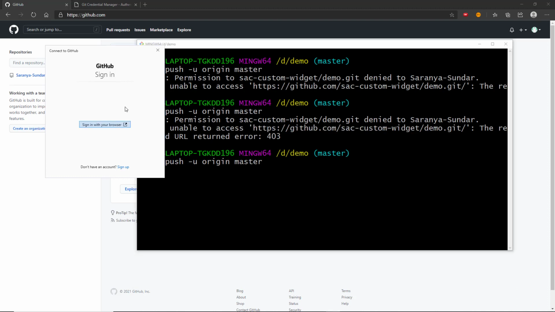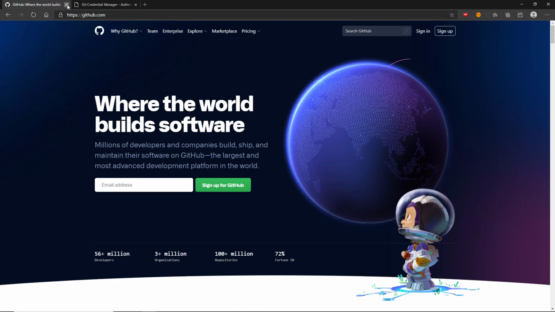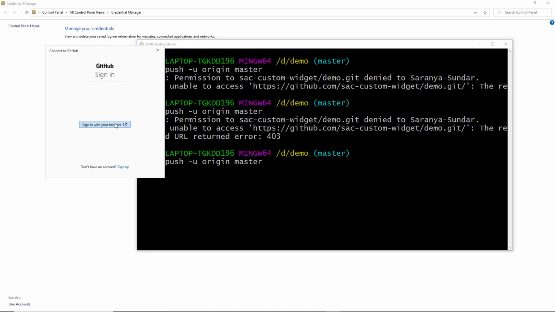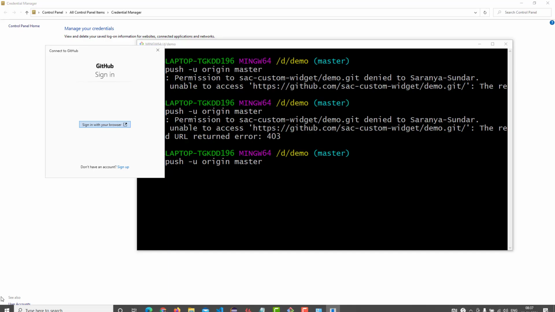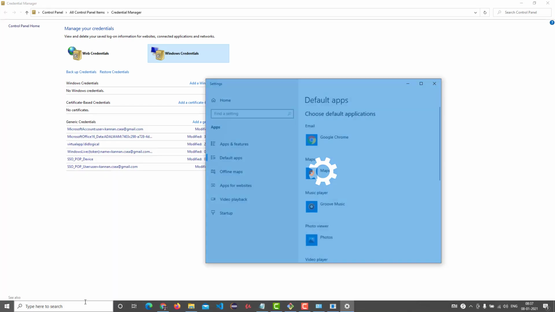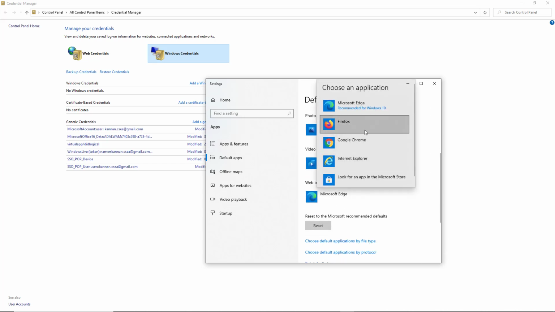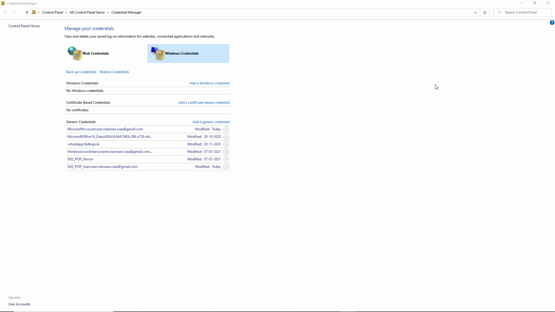So now what I should probably do is go here. I should either change my default browser from Edge to Chrome, or the other way is I can just sign out of this account. I just signed out, right? So there are no accounts signed in. Now I can try sign in with the browser, or the other way, like I said, is I can change the default app. So I can change my browser. Let's go to browser and I'll set Chrome as my default browser,